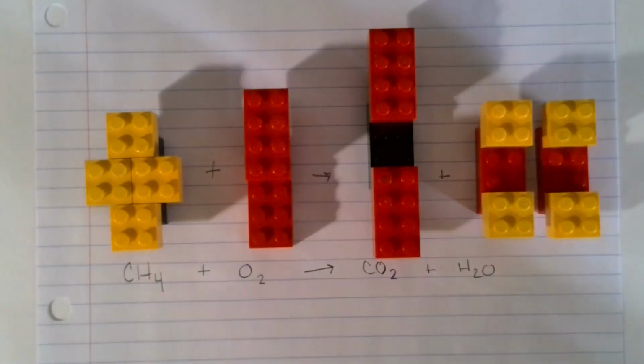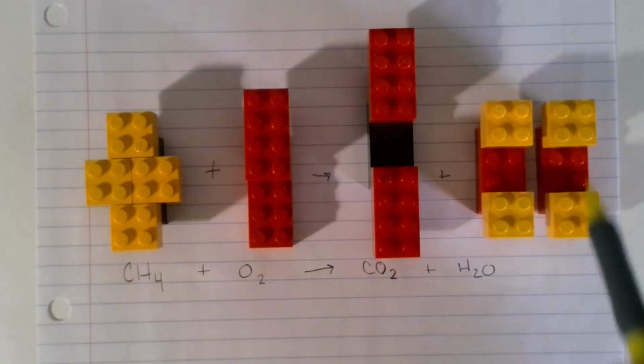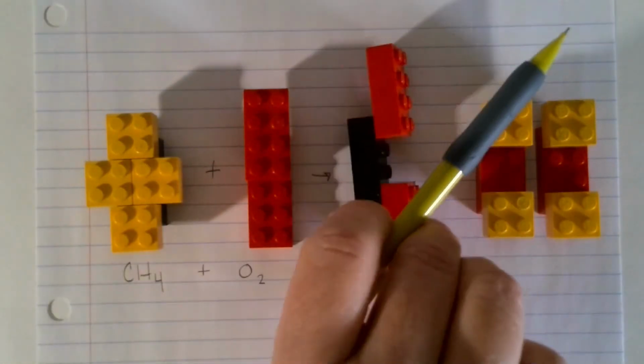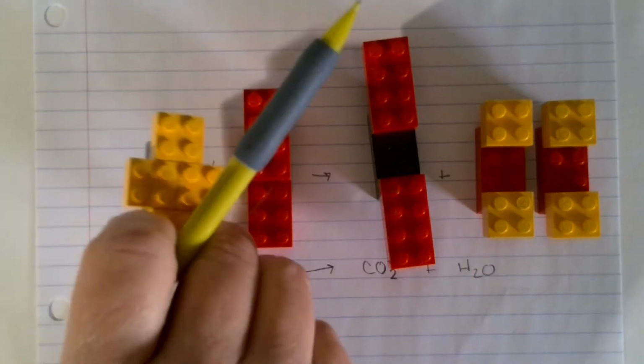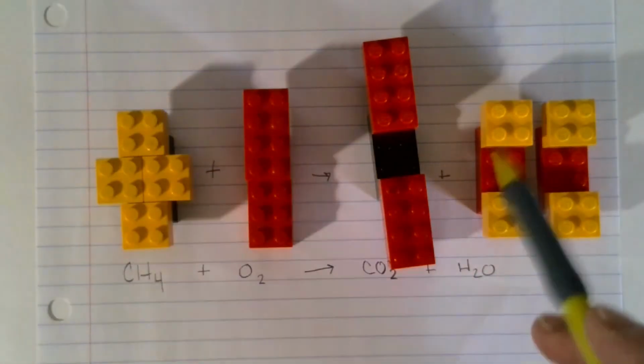But when I have 2 waters, I change something else. I have my 4 hydrogen on this side. That's the same as this side. I have my 1 carbon over here with my carbon dioxide and 1 carbon here with my methane. But if I count my